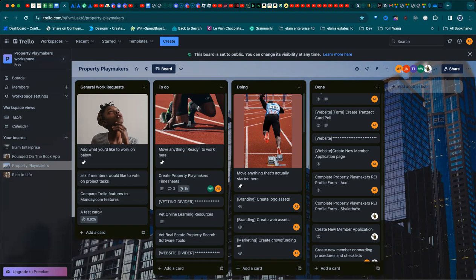creating or developing these tools that we need for PPM, like the website and adding features or any digital assets that we have, like whether it be Discord or Telegram or Slack, it doesn't matter, or Zoom or whatever. Any tool that we'll use for wholesaling or real estate investing, anything that needs to be customized, because